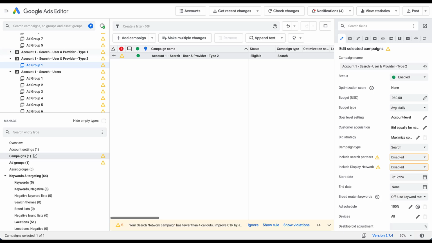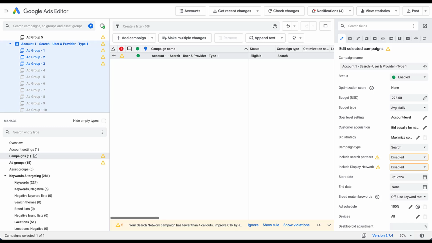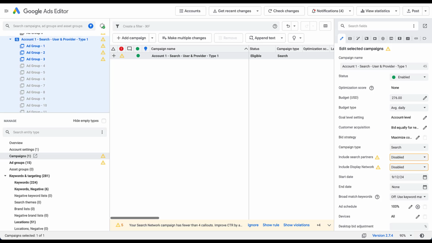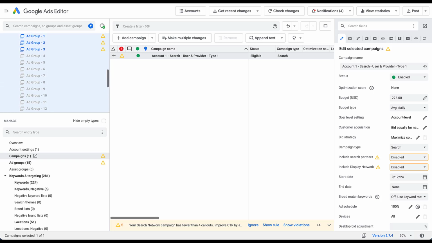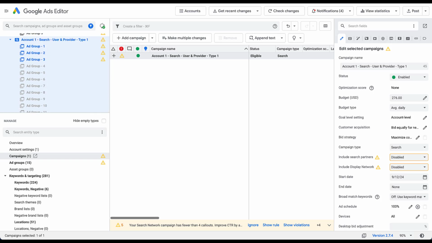So I might take a look into that and understand why we needed to segment out user and provided type 1 keywords where there's 15 ad groups, even if only 3 are active. Why did this one need its own campaign with 1 ad group? Why couldn't it just live in here? I might try and figure that out. And while that might seem like splitting hairs to combine this ad group into this campaign, you'll remember from the